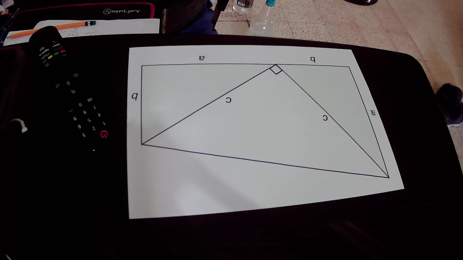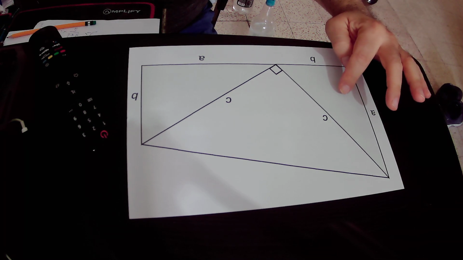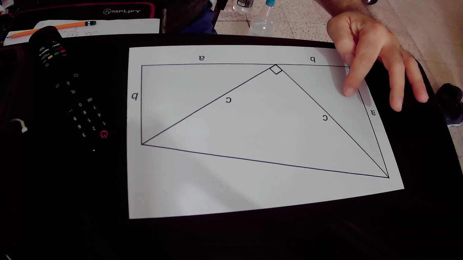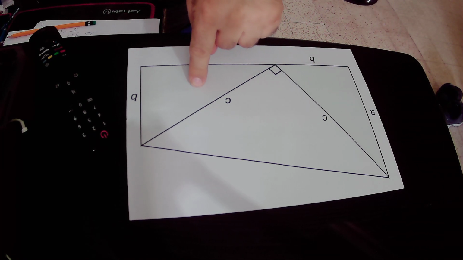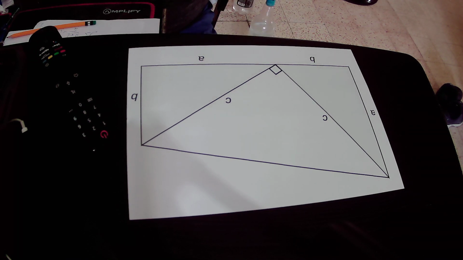In order to prove the theorem, we build a copy of this right triangle here. We build it by drawing on side B the side A. It is in the same line, and then actually